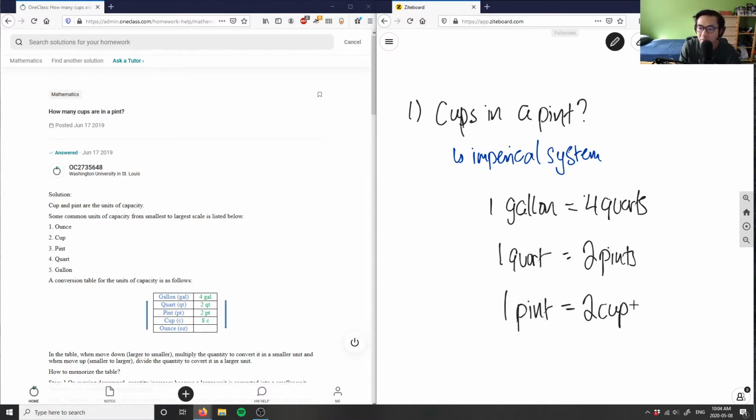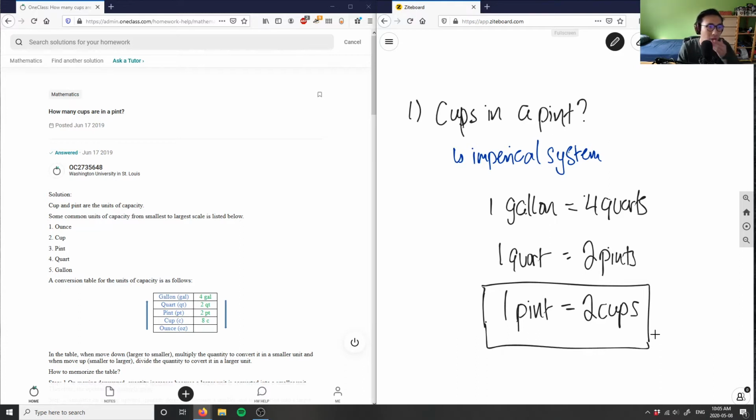And again, actually what we can do is stop here, right? We don't really care about the cups to fluid ounces, because the question is asking us how many cups in a pint. Well, I know that 1 pint equals 2 cups, right? So I have my answer already. I don't need to do any conversions, because this is simply 1 pint equals 2 cups as stated